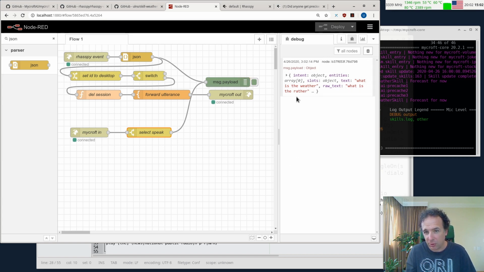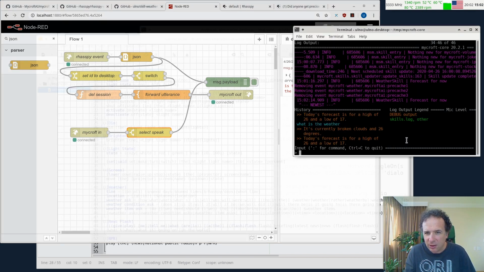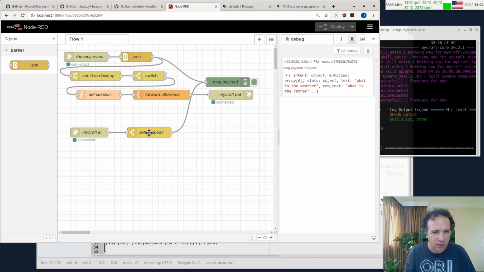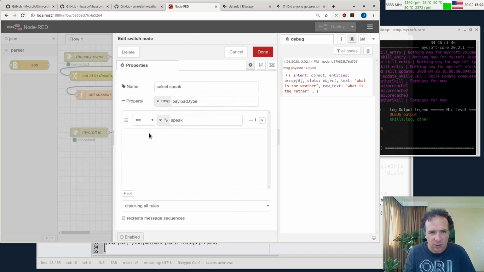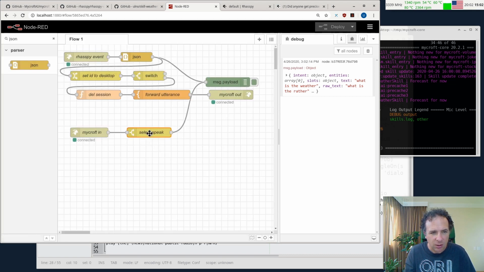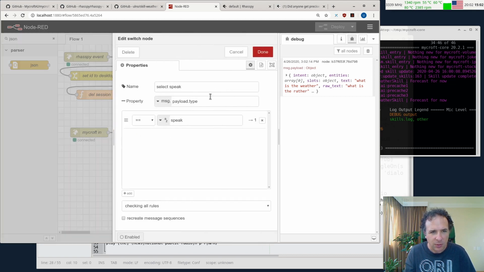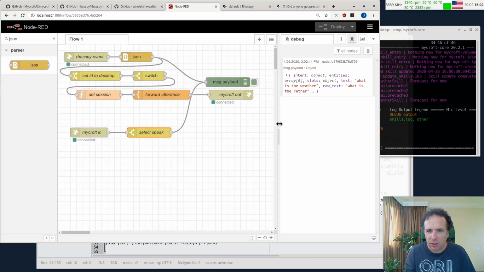Now it actually understood it, kind of. Rhasspy detected that it should be the weather, but unfortunately we didn't get the speak out. Why not? It should be at the message payload type. Okay,